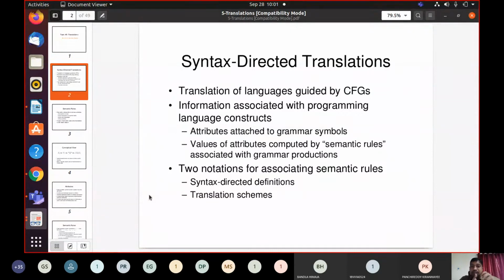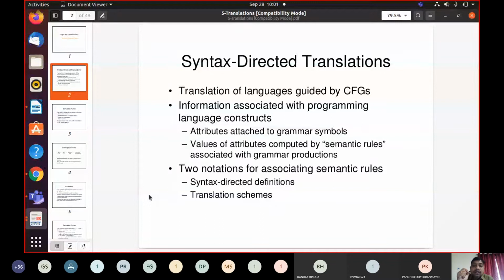Before going further, let me tell you a small point here. I forgot to tell you. The output of the syntax analysis is the parse tree. If you are able to successfully validate a particular sentence, then you will get a parse tree for that from the syntax analyzer.